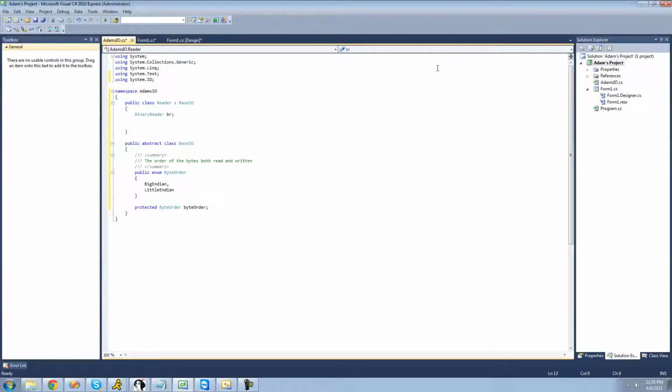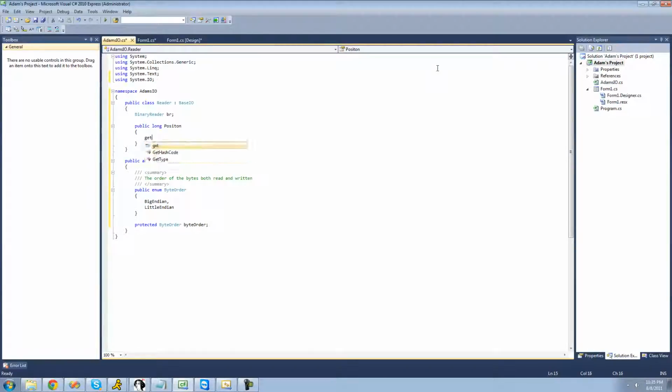And the next thing that we're going to want to do right here before we move on to creating the constructors is creating a property that's going to basically hold the position of the binary reader. So we're just going to type right here public, since we want to make this property public. And it's going to be a long, so we're just going to say long, and if you don't know what a long is, it's a 64-bit signed integer, and we went over that a while back actually. And then we're just going to call this property position, and we're just going to have it return the current position of the binary reader, so get, and we're just going to have it return